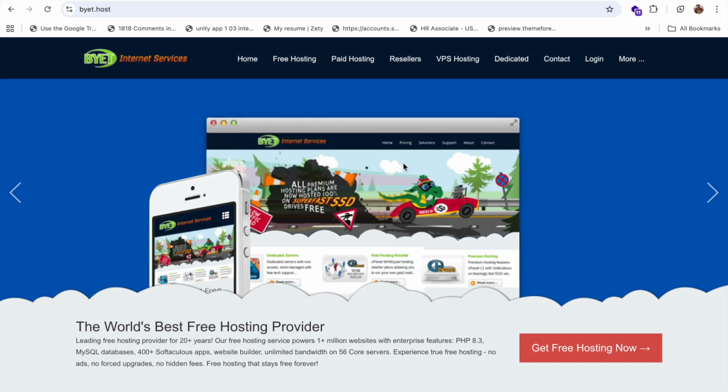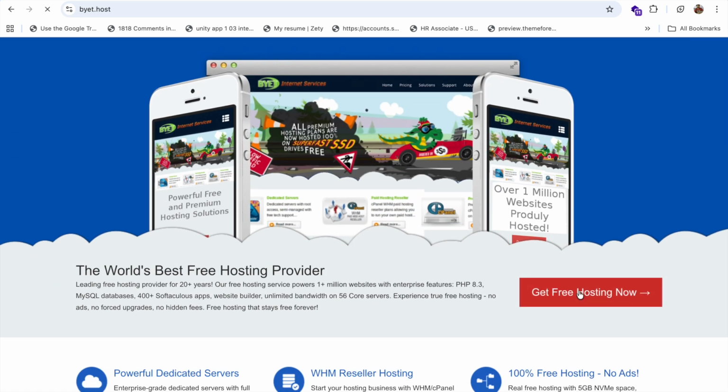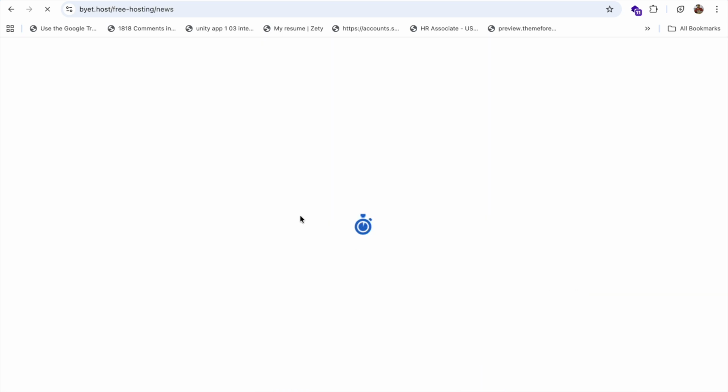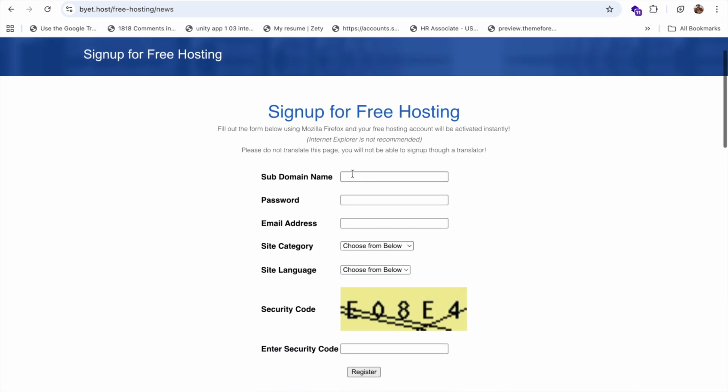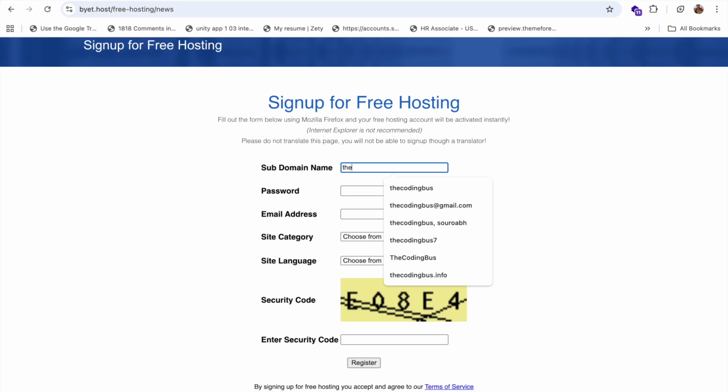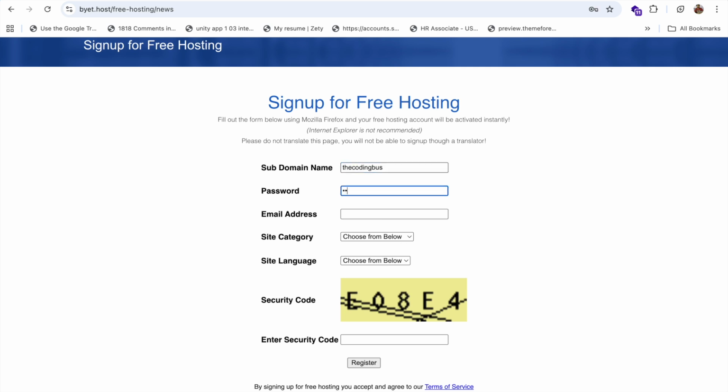Okay, and then you need to click on the get free hosting now here, and then you need to create an account, and it's totally free of cost. You just need to enter your subdomain, so like the coding bus, okay, and the password you can put whatever you want,